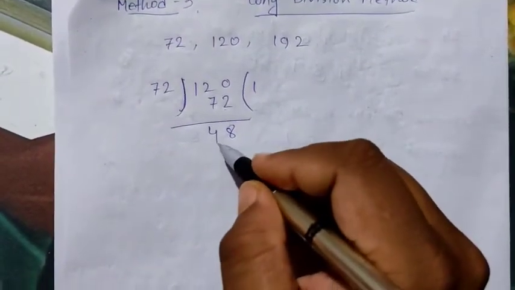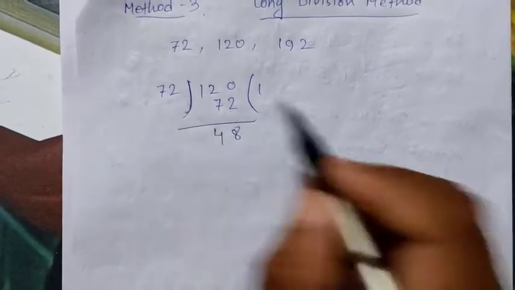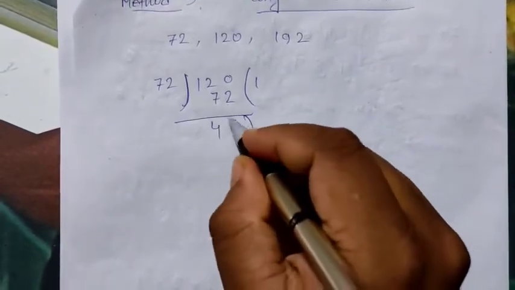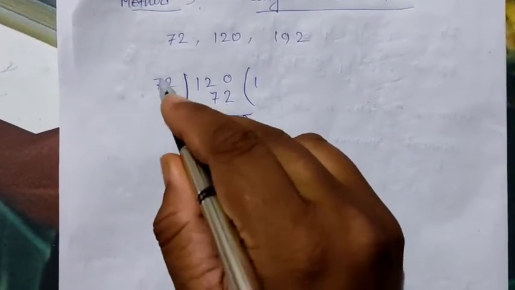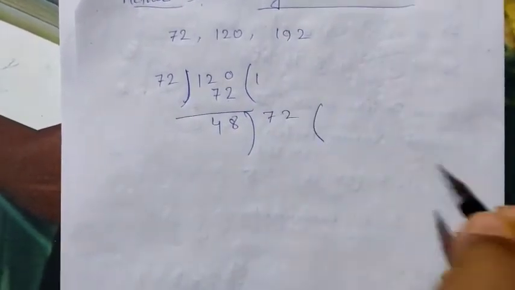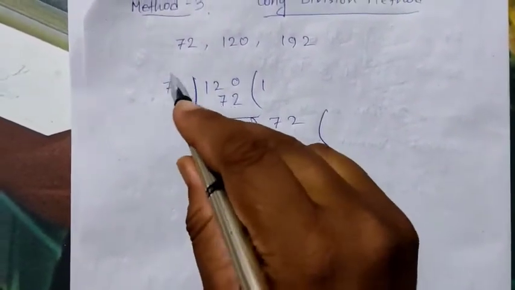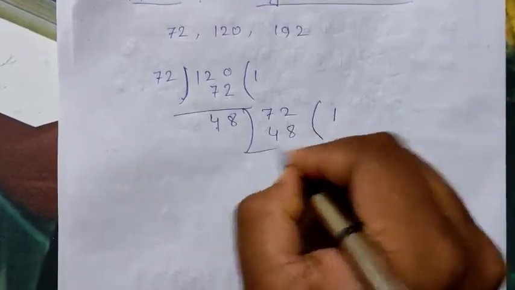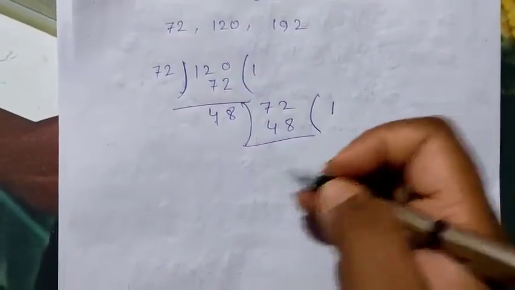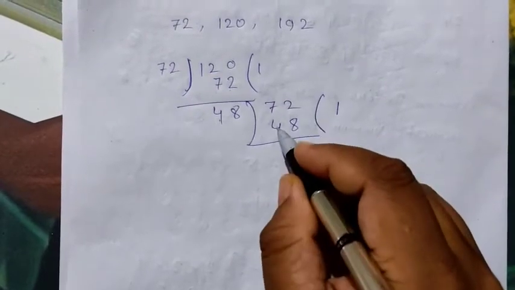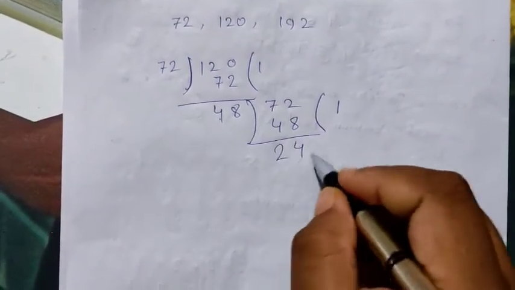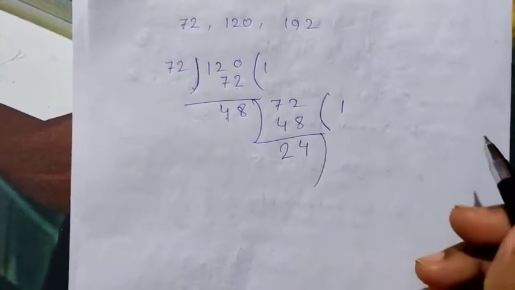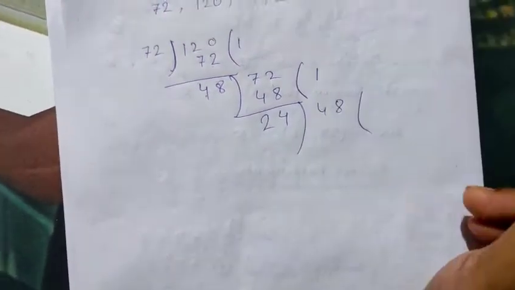Now once we get the remainder, which is less than the divisor, we will not be taking the fraction or any decimal point. What we will do, we will make this remainder the divisor, and we will make the divisor the dividend. The remainder will become the divisor, and the divisor will become the dividend. Now 48, 1s are 48, once again we are getting. So if I subtract this one now, 8, 4, 12, 1 will carry here, so 24. Now 24 again we have got less than this 48. So this is the remainder, and the remainder will become the divisor now, and the divisor will become the dividend.